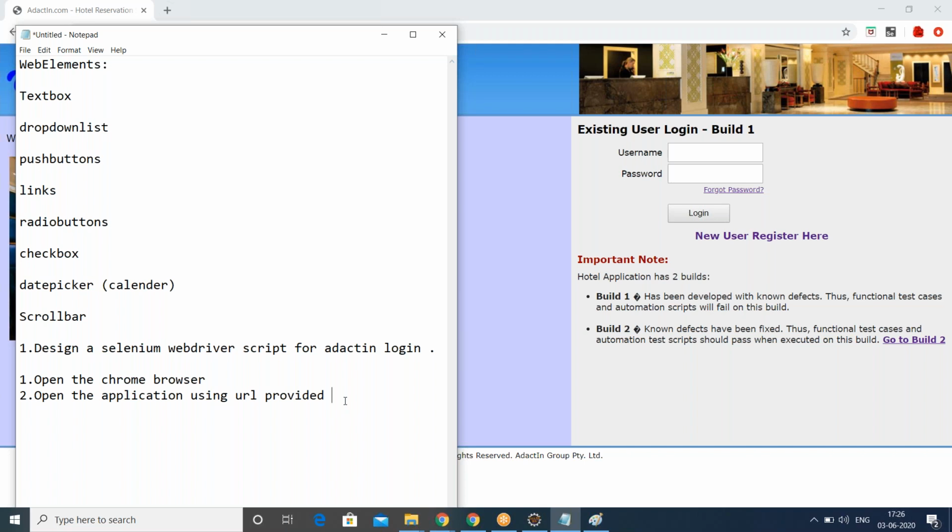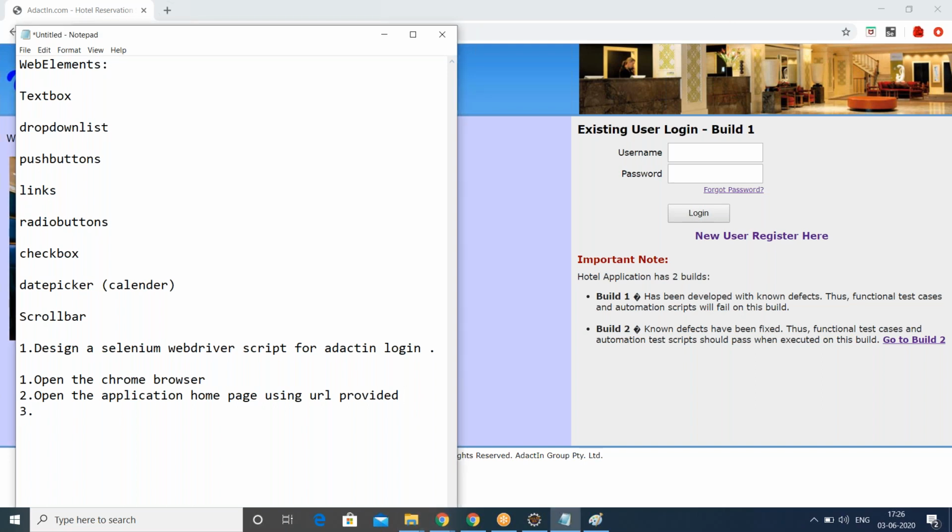Okay, first, open the Chrome browser. After that, open your Adaptin application home page using the URL provided. There is some URL, right? Adaptin portal app, some URL is there. With the help of a URL, we can open the application. Good. Next, what is the third step?